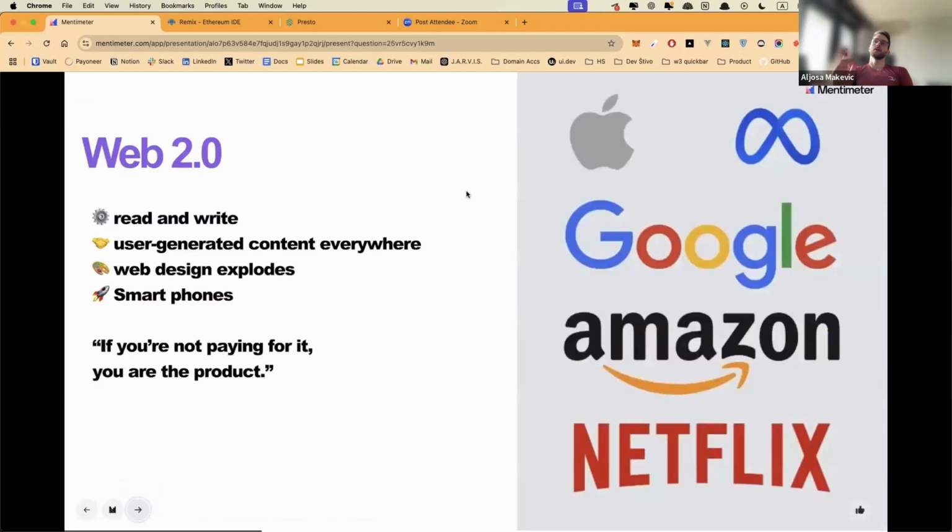And with that, we have the birth of some major titans, such as Apple, Meta, Google, Amazon, Netflix, and others. And they start amassing huge amounts of users. And with huge amounts of users comes a huge amount of data.